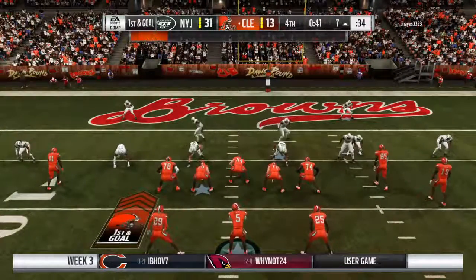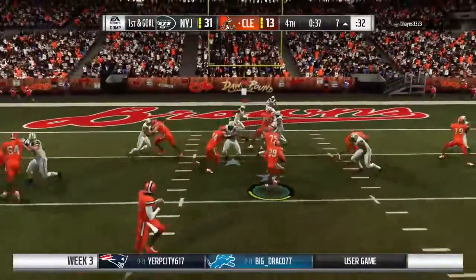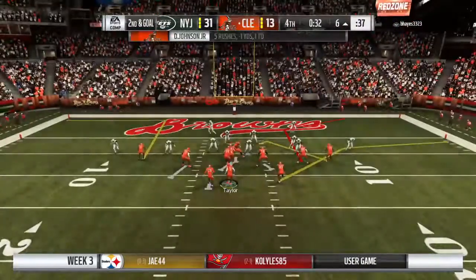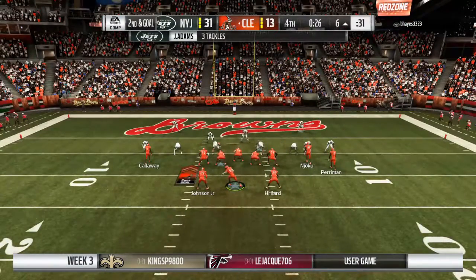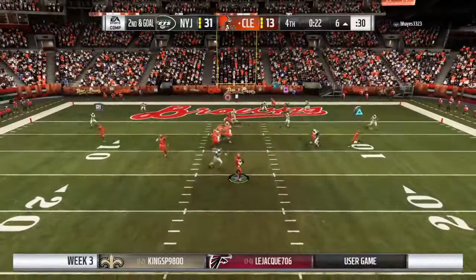The Browns passing game finding its stride. They've got another first down. They'll try and run for it on first and goal. And he'll be stopped just outside the 5 at the 6. Only a yard that time, second and goal. Now they got to get to the line quickly. Do you think after that last run they're thinking to themselves, we had to wait all day to play this night game, and we're still not able to run the ball the way...